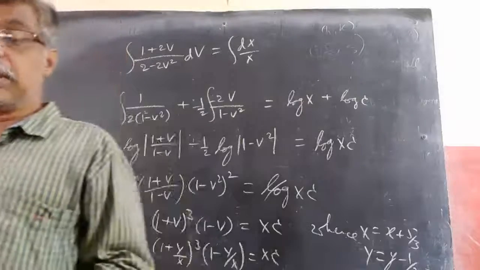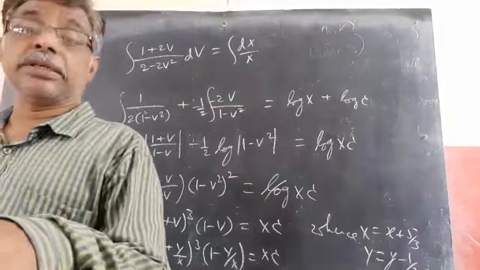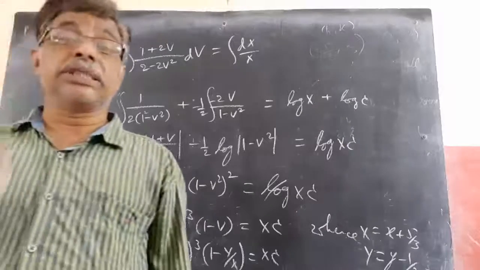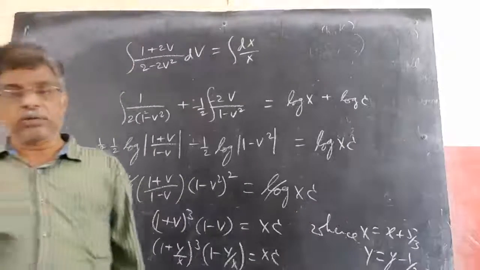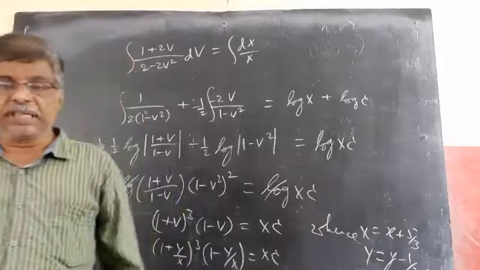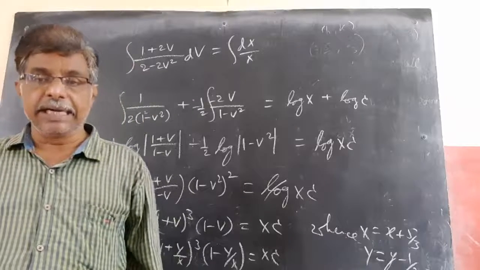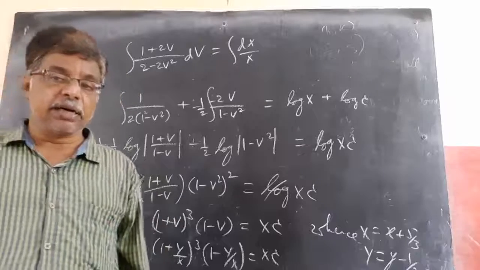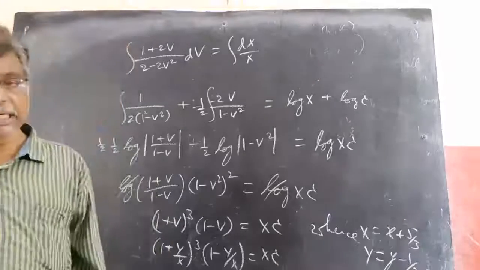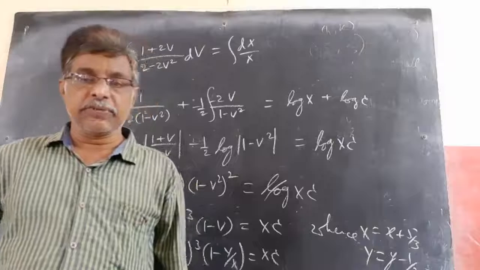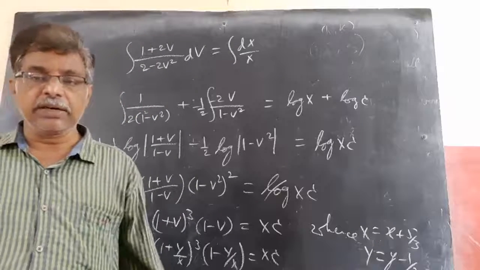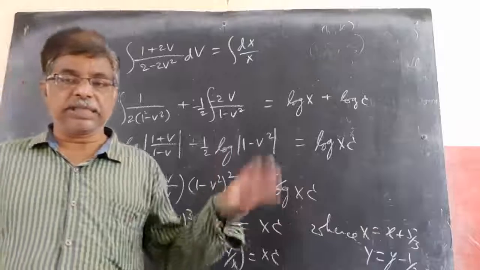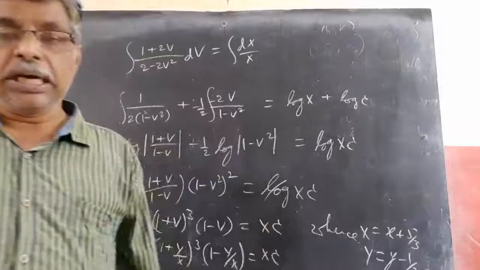This is how we will solve a non-homogeneous equation. First of all, we need to convert it into a homogeneous one by shifting the origin to (h, k). Then we will find h, k, write the homogeneous equation, and from there proceed with the homogeneous equation. Let y equal to vx, and then variable separable: bringing all the v terms to one side, x to the other side, and simplifying.